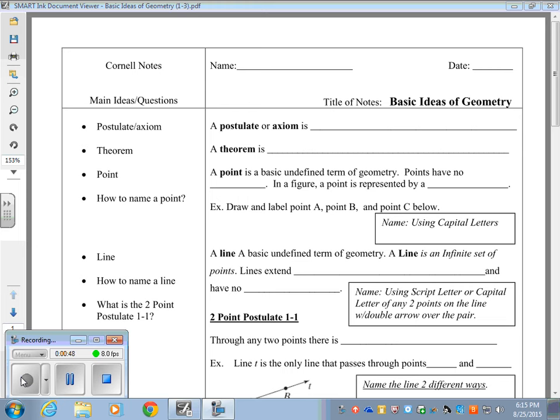If you were present, we saw the basic ideas of geometry and the reasons for labeling. And we're going to go in a little bit more depth with some of the Euclidean geometry, or the foundation of geometry that was built upon, and that we're going to use when we have to start proving theorems in the next couple of units. So geometry is just a mathematical system built on accepted facts, basic terms, and definitions. And the first new term or definition you're going to use is a postulate or axiom. And a postulate or axiom is just a rule or statement